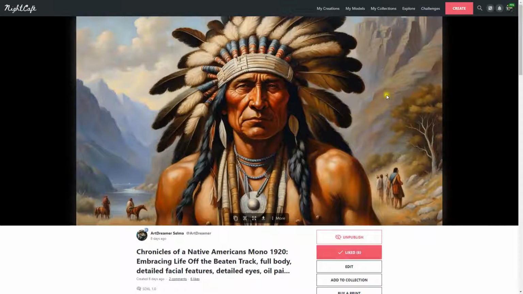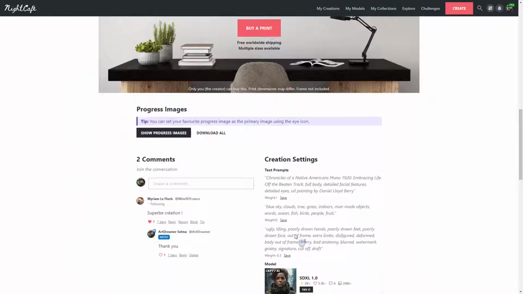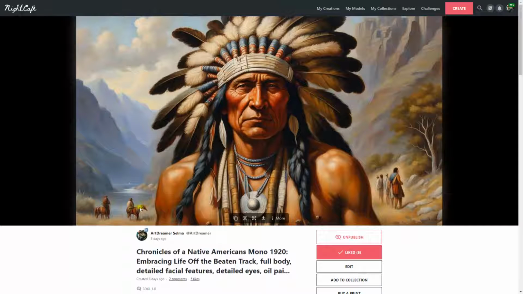Alright, so let's take a look at those steps and see how to use a mask for free in Night Cafe. So here we are in Night Cafe, and I brought up one of my artworks. Now this one here I made, and I always leave my prompts open for you, so you can always copy the prompts if you want to. But anyway, if you notice in the background I have these things here. These almost look like horses, but they are a little bit different than horses. And then over here I have some people.